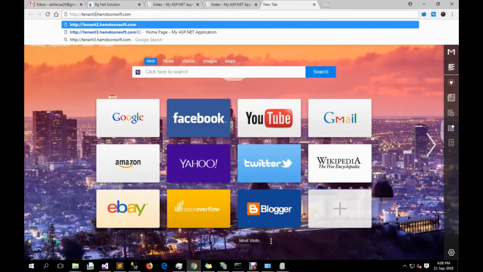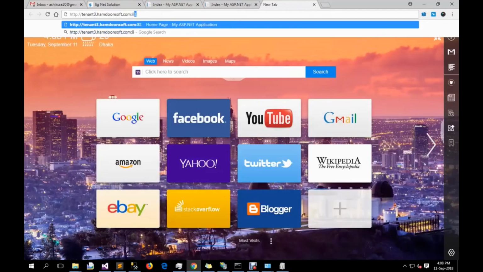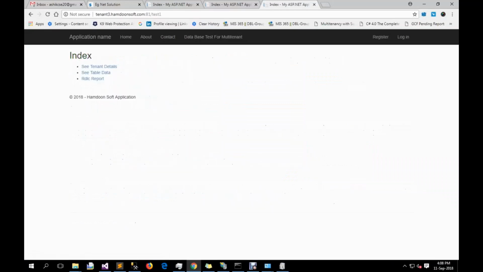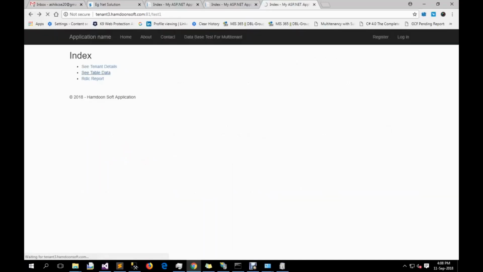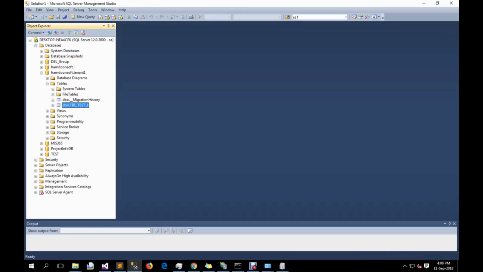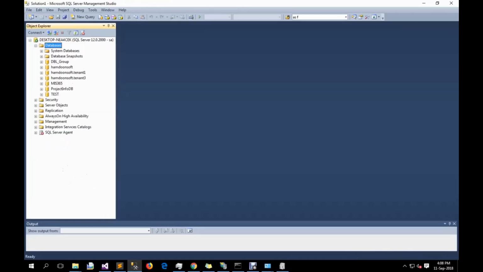Now we will visit tenant 3 with the port that was defined in bindings: tenant3.hamdoonsoft.com with port 81. Now see database test for data, database test for multi-tenant, see table data